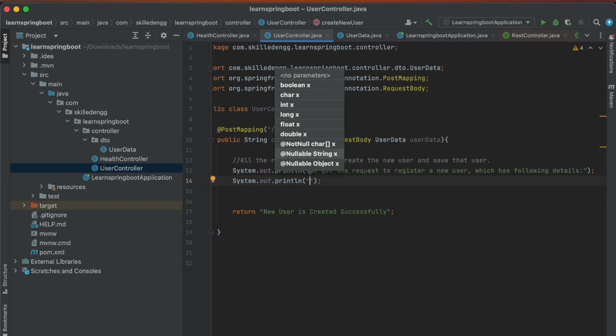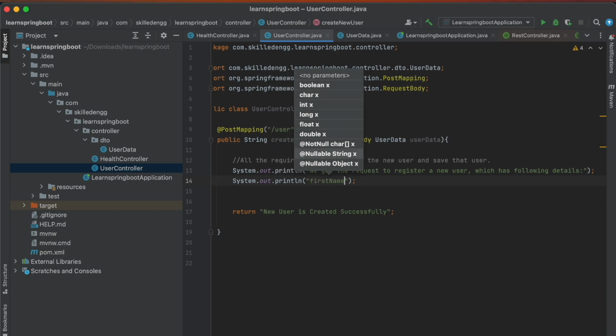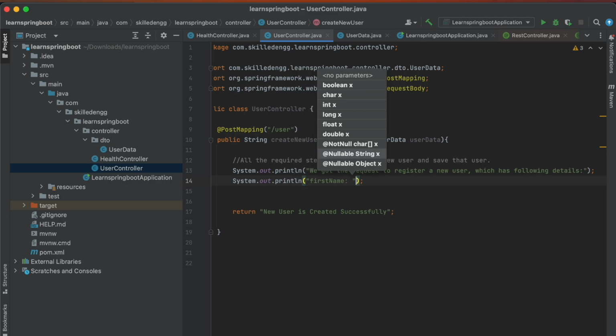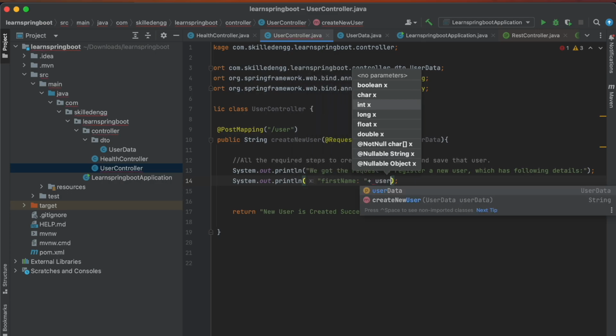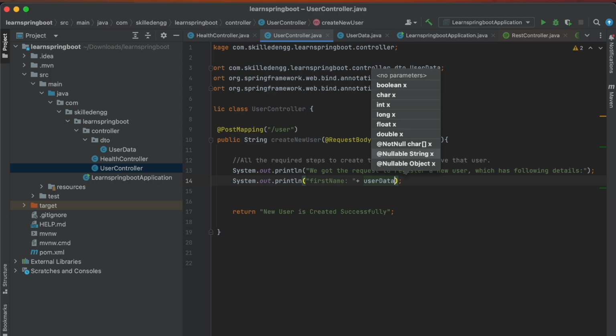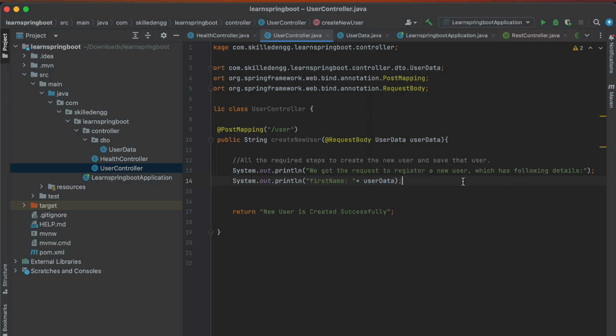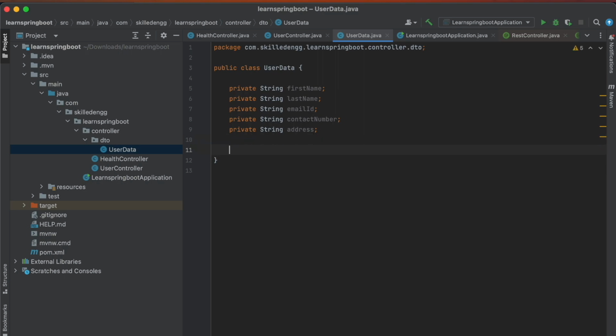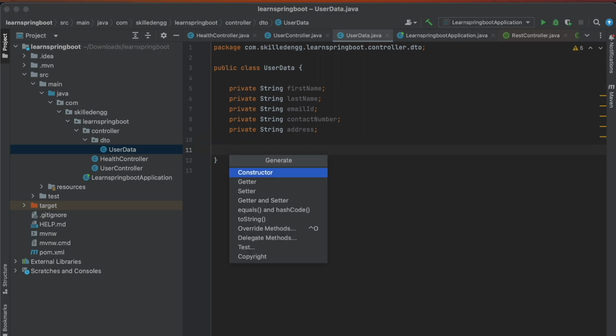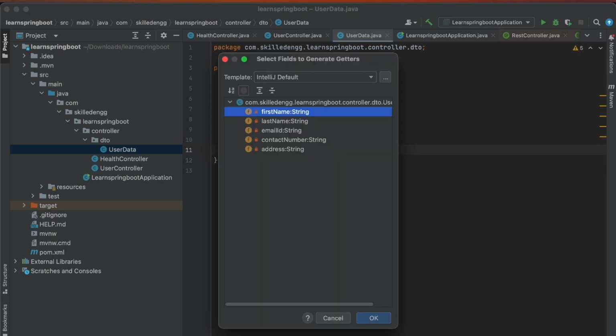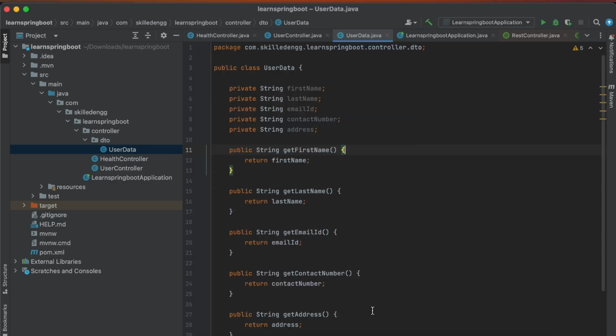I will say the first name, and I will print that. So userData. To get the value for each field, first we need to define the getters here. So let's define the getters here. I will say Getters, select all, and OK.